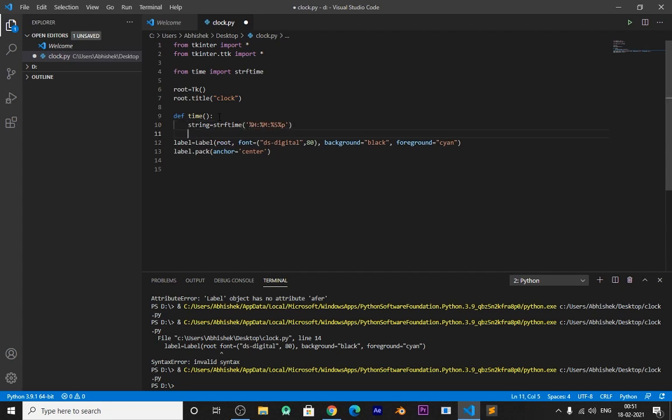Okay, now let's set this time to the label. So label.config(text = string),